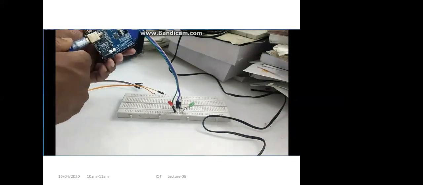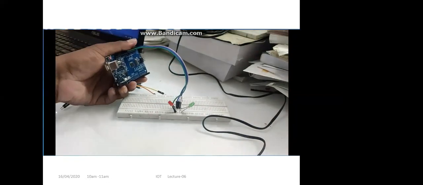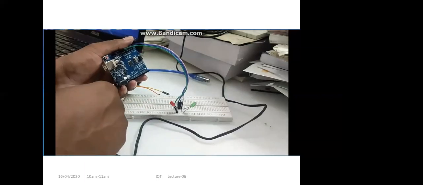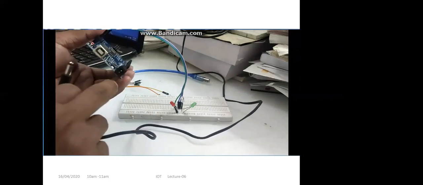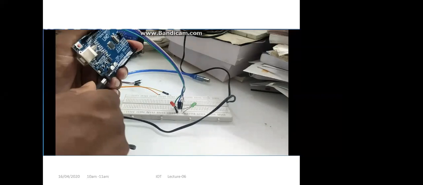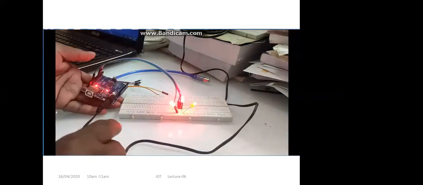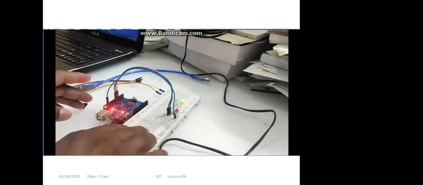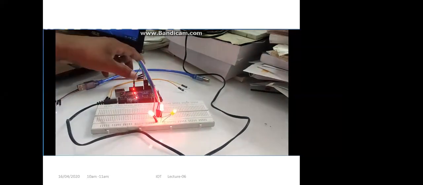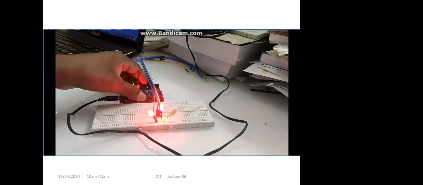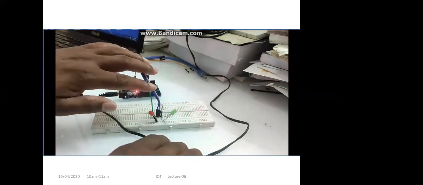Now you can just remove it, and you can connect the external power supply. Yes, only the power supply is required now. No computer support is required now. That means now the task will be repeatedly performed. You can use it for your dedicated task execution purpose, like the task which you want to execute, the task will be performed dedicatedly by the board.